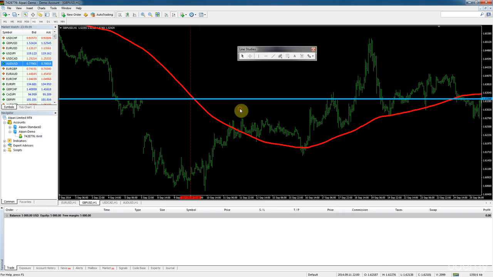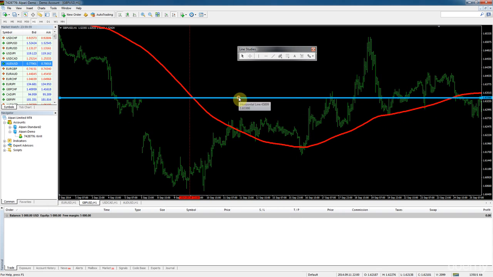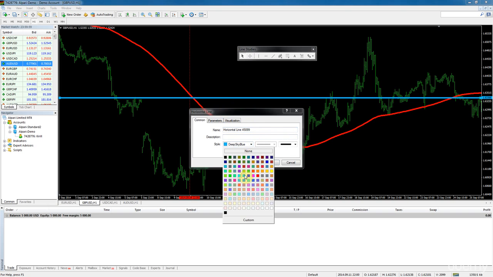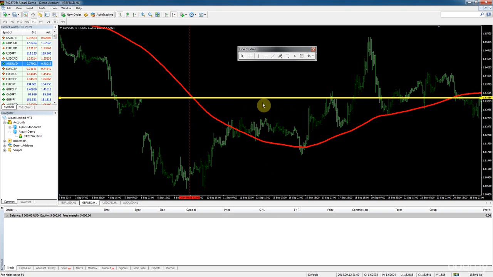If you want to change something about it, then you double click it and then you go to horizontal line properties. You can change the color if you want, you can change the width and things like that. This is a